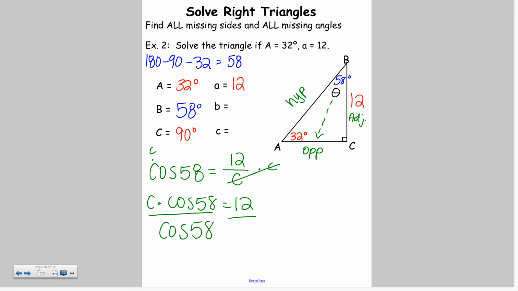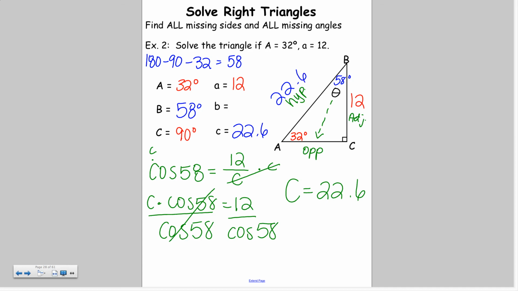Now you can go ahead and find the cosine of 58 and round it. But remember, your answer might differ from everybody else's because of the rounding, which is perfectly fine. So side C is 12 divided by the cosine of 58, which is 22.6. So now I can do Pythagorean theorem to find that missing leg, which is